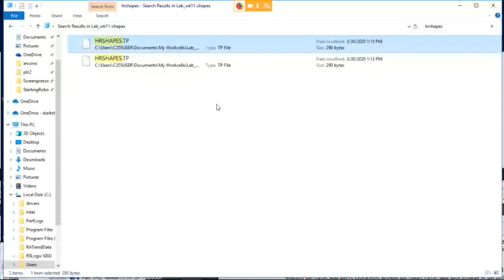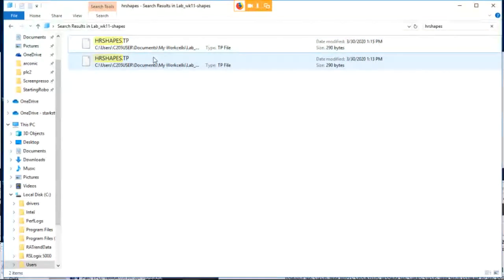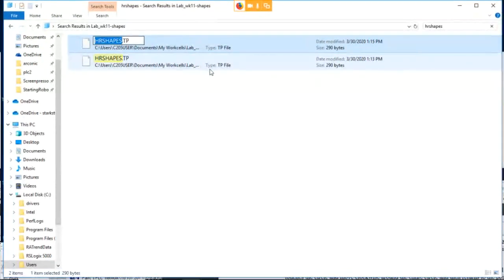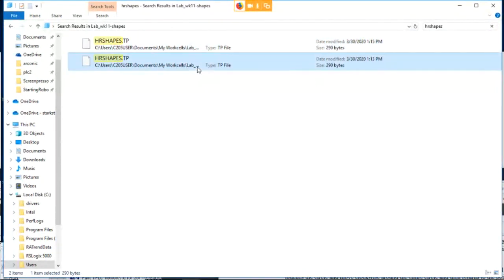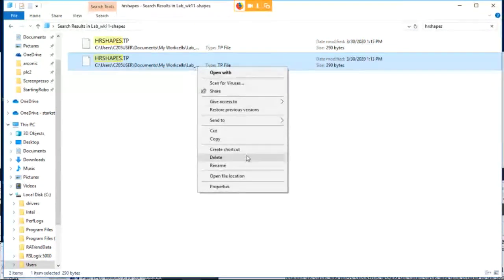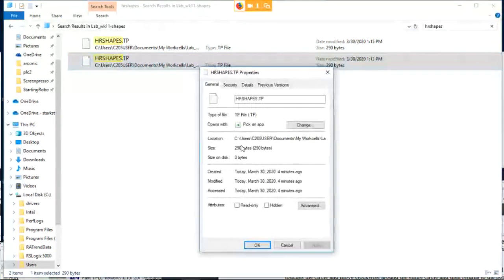Stop. Okay, so here is this file, hrshapes.tp. Remember, it's a teach pendant program, and that's why it says hrshapes.tp. Now there's a copy here. It's not showing the, if I go to properties, I think,